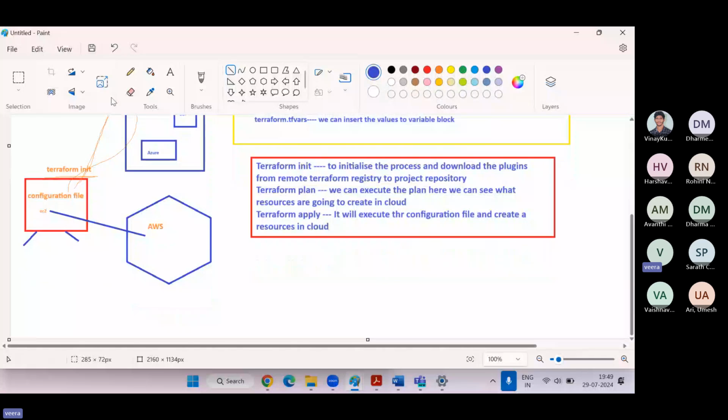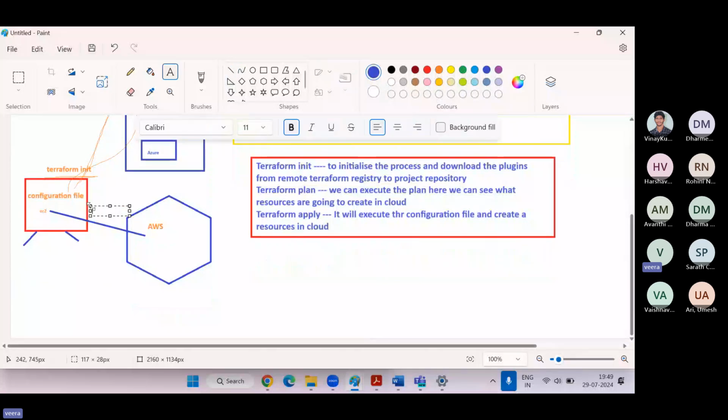Okay. When you run Terraform plan, we can see what resources you are going to create by using the configuration file. We can see, okay, I'm going to create an EC2 instance, and these are the arguments. If you give the apply command, the request will be executed and EC2 will be created.